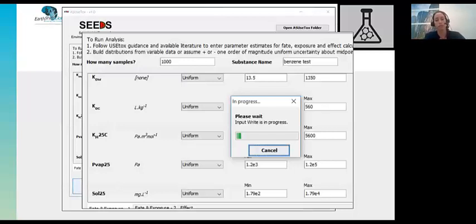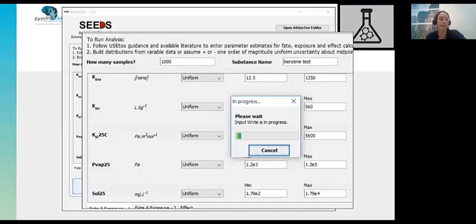This minimum and max could come from, maybe there is no actual study that looks at the KLW of this chemical. Or maybe there are, but they're differing, right? So there is a range. Some studies say this, some studies say that. So you may include that range. Or you would say this chemical behaves like this other chemical and that other chemical. So you would have, again, that range. The idea is to explore the range of each of these parameters so that together you get a characterization factor that covers that uncertainty. So this is an example.